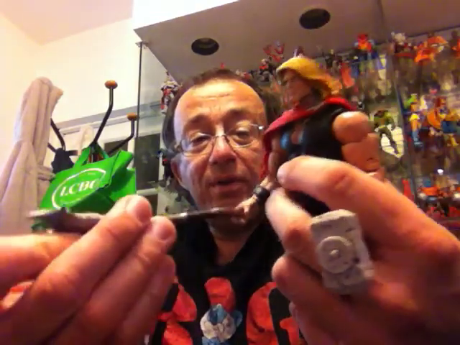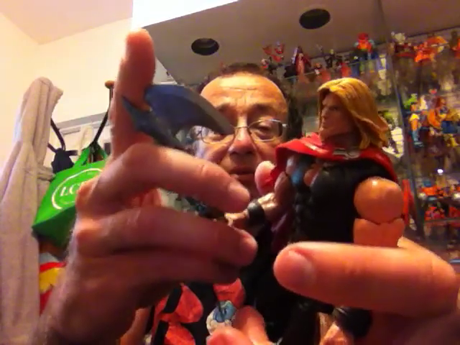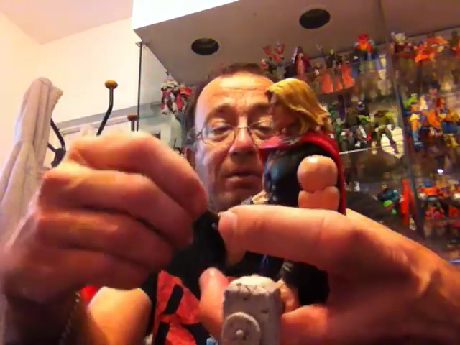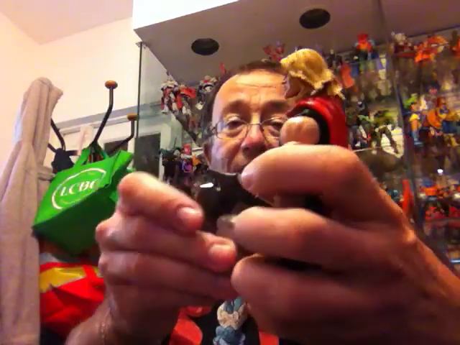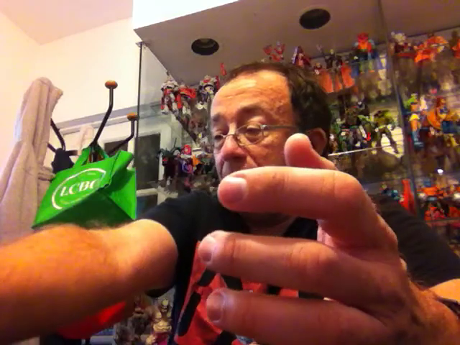So this is as far as the Unworthy Thor goes, and he did come with one of the body pieces to build the Hulk. So that's him. The next one in the lineup